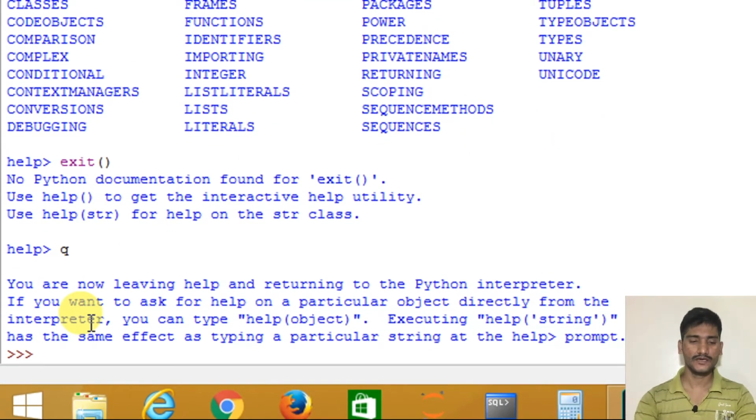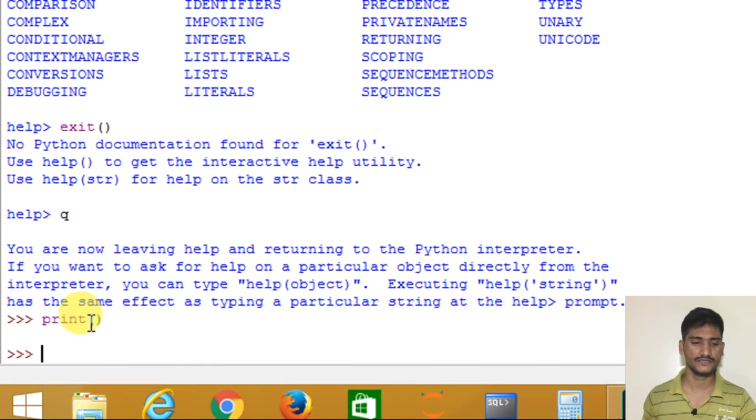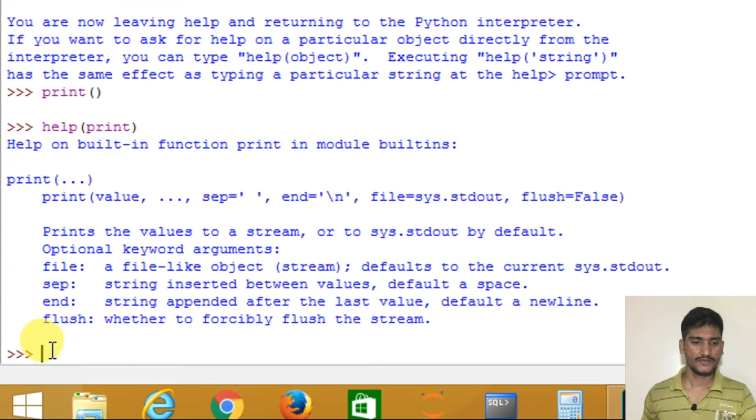We also have another inbuilt function like help, and that is print. It is an inbuilt function. Let's take help from help on print.